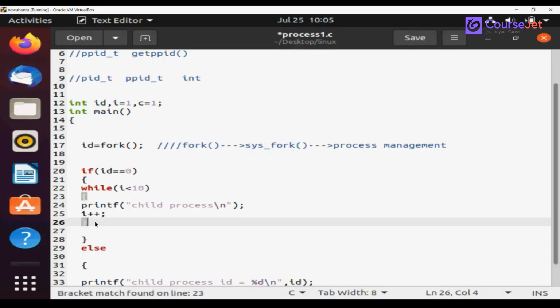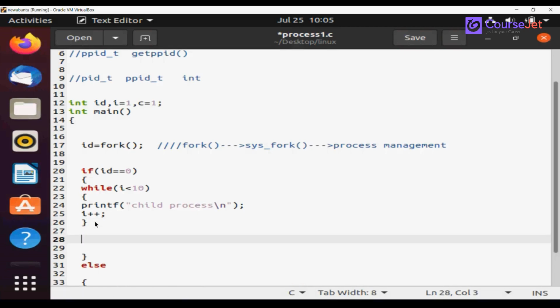And here itself we are printing now printf child process PID is equal to %d